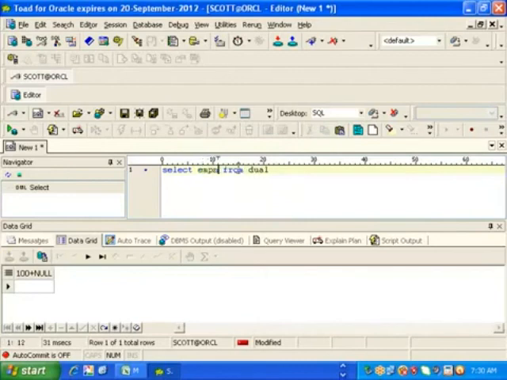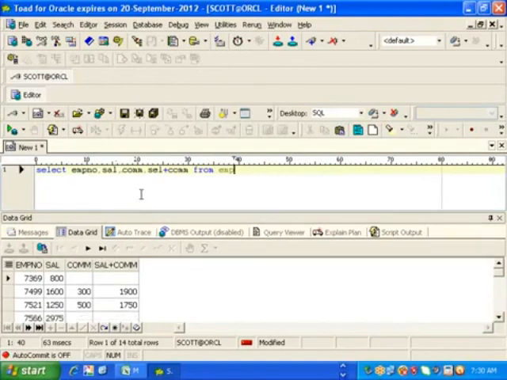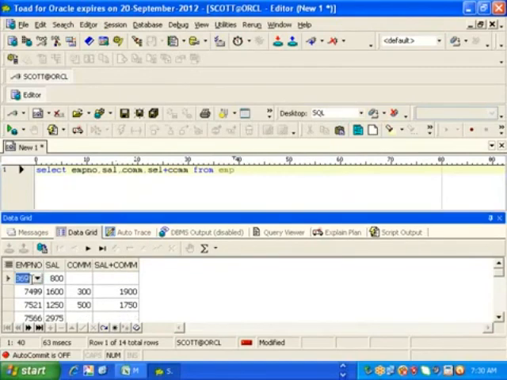Suppose let us say I am writing employee number, comma, sal, comma, commission, comma, sal plus commission from EMP table. F9. Then if you see here carefully, the problem is, here I have employee number 7963. What is that guy's salary, sir? 800. What is that guy's commission, sir? Null. As that guy's commission is null, you are not paying anything to him. Is it a correct answer? His commission is not there, but we still need to pay his salary. That is the only reason.